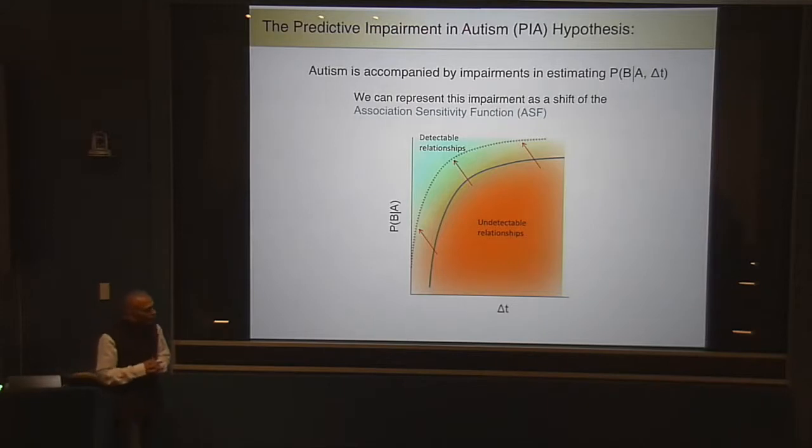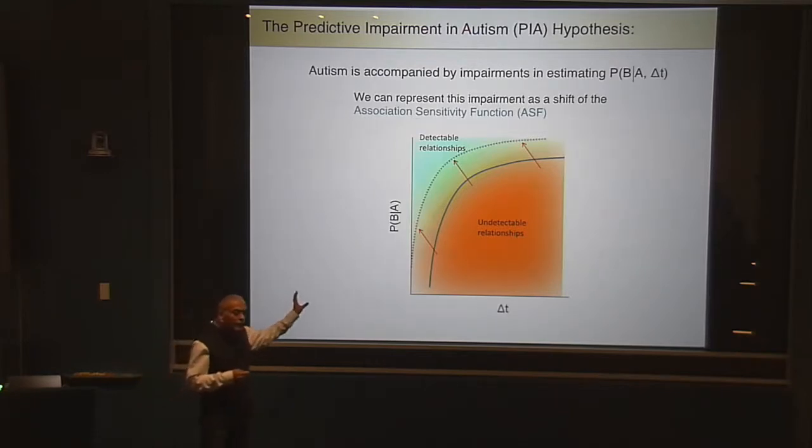So the idea is simply that autism is accompanied by impairments in estimating this conditional probability. So graphically, if you were to plot the strength of the relationship between any two events on the ordinate and the time separating the occurrence of these two events on the abscissa,